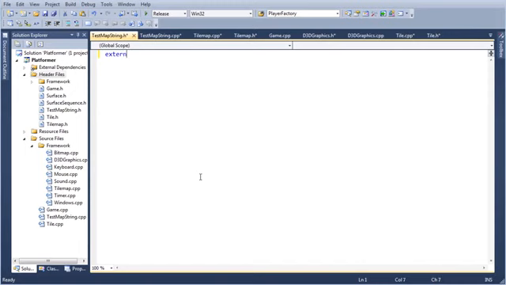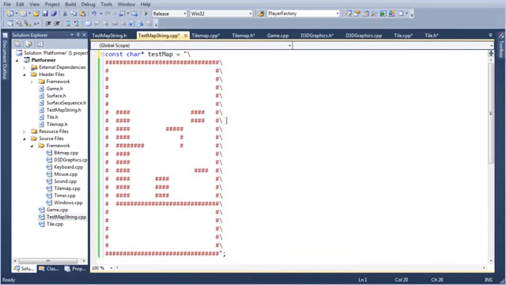Extern const char pointer to test map. So if I include this test map string.h, it'll define this string as an external reference or something like that, and then I can access it instead of having it in the game file like I had before. It's just a thing you can do here.